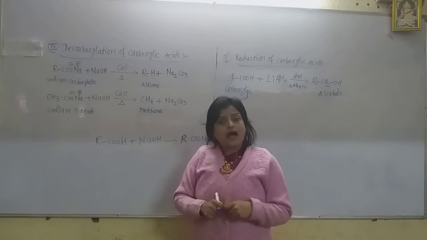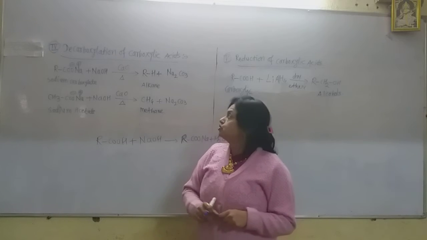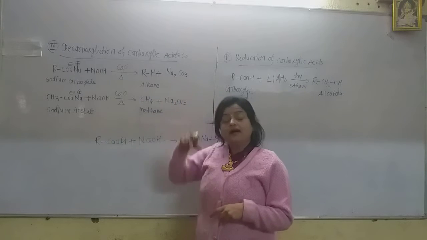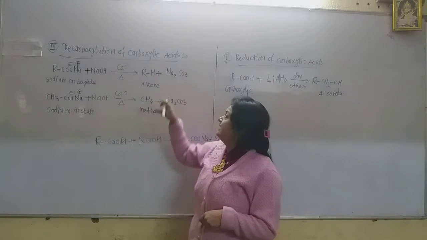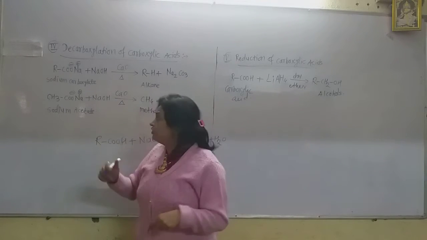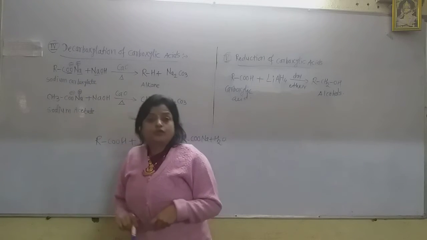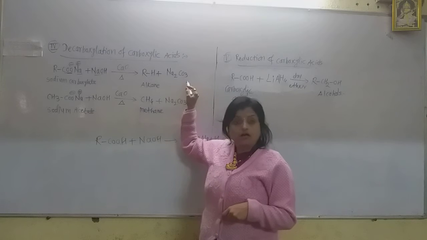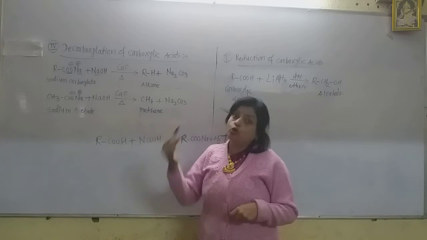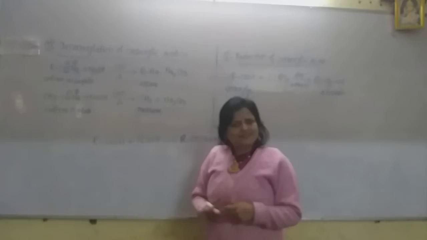As this alkyl group obtains the hydrogen from this NaOH, it forms R group. When attached to the hydrogen, there is formation of alkane. Any alkane you can obtain, and the byproduct is the washing soda, Na2CO3. Now how is the Na2CO3 formed? There are the two Na atoms, this CO and this O, forming the byproduct sodium carbonate. This is the washing soda, and we obtain the hydrocarbon directly by this reaction. So this reaction is very important. Now alkanes are the hydrocarbons.